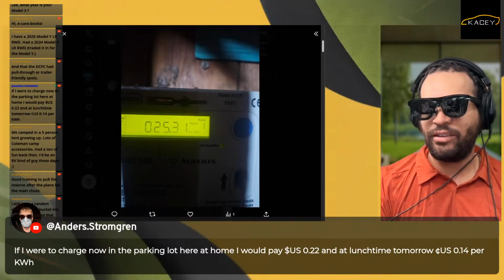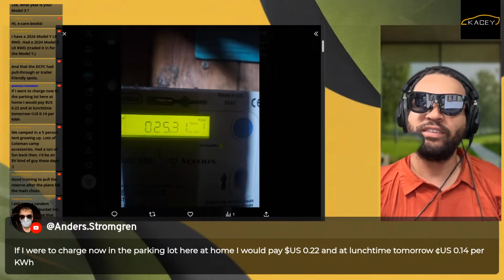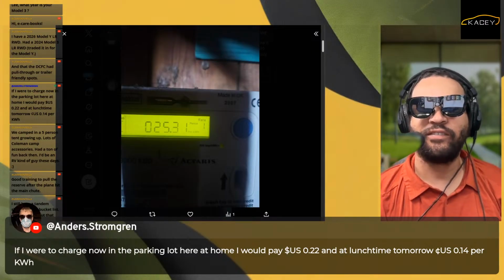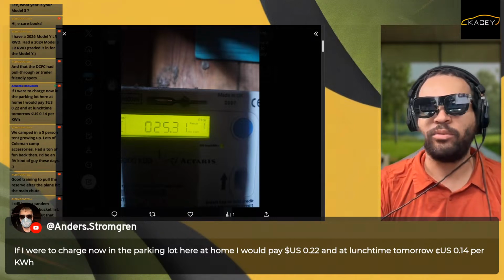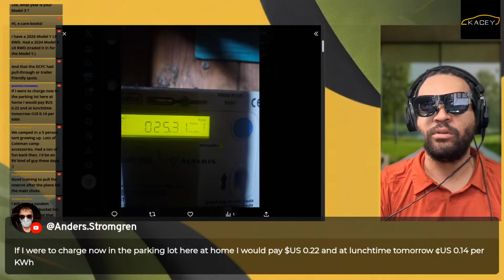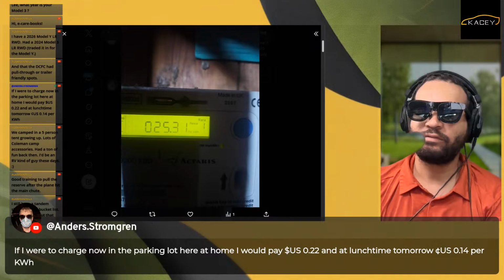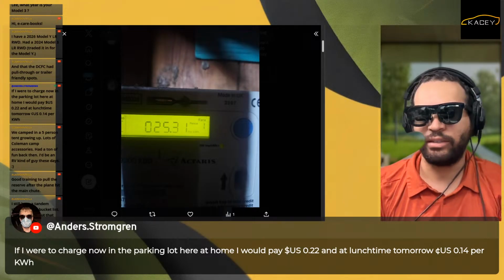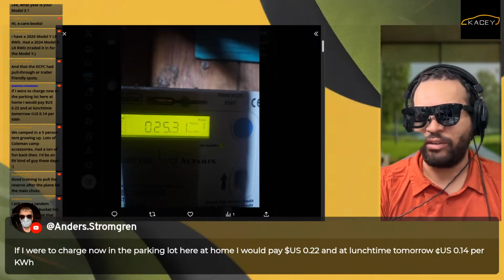0.2531 times 100. So it's 25 pounds to fill my car from zero at that rate. That's still expensive as heck. I don't think I pay anywhere near that. Let me see. If I used all from the grid and not at the cheap rate and had my solar going, 0.134 times 100. So for me, it's $13 a year. So half. And then even less because of the solar, and then even less again because of the nighttime rates. I don't remember what it is. Let's call it 9.